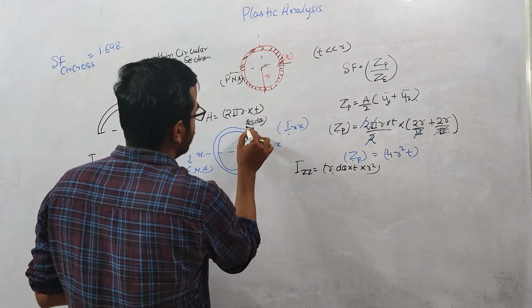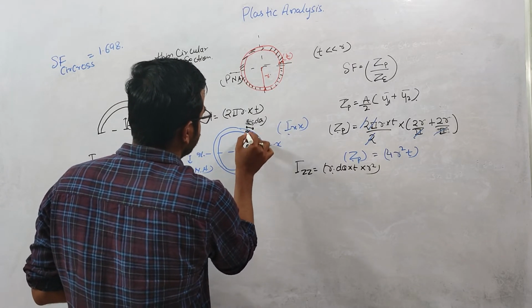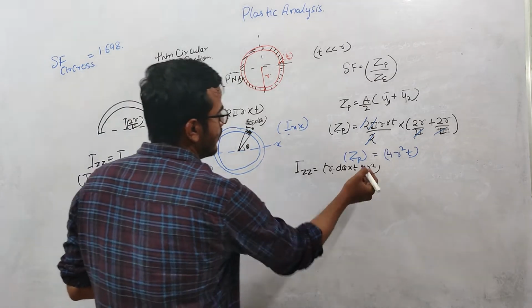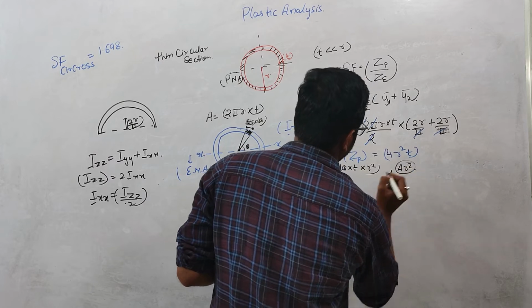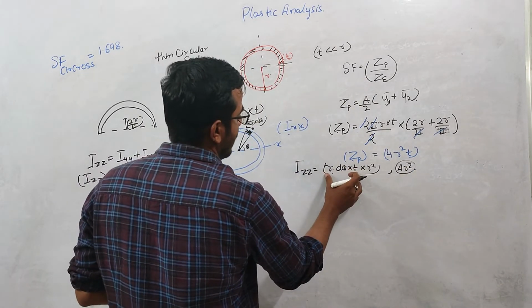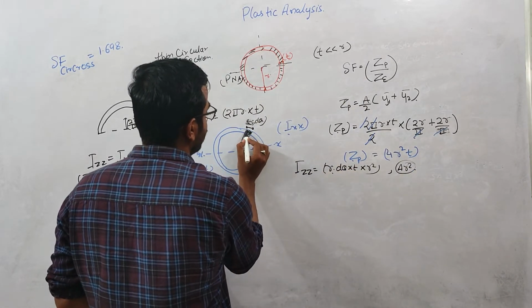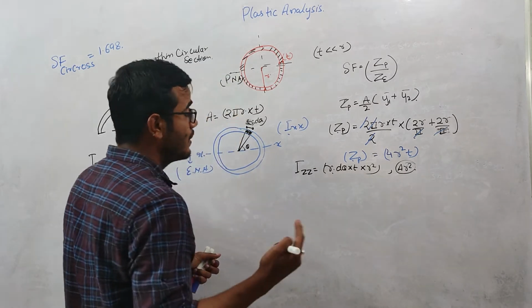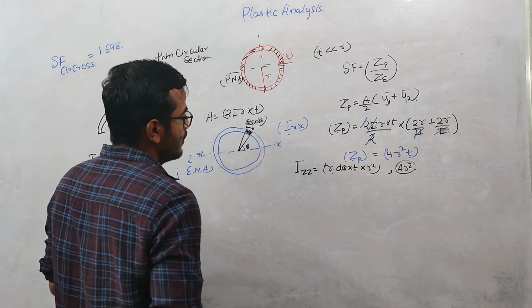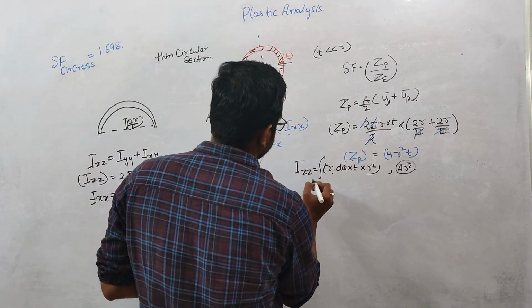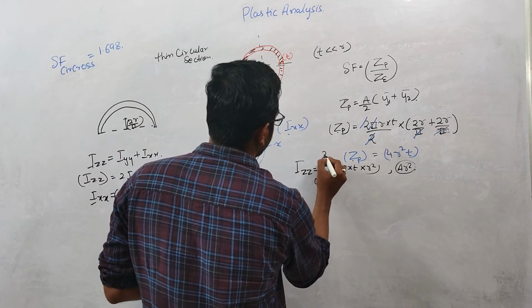So it will be area of this element into this distance, which is basically r square, right? This relation I'm using, A r square. So A is basically r d theta into t, the area of this element, into r square will give me the second moment of area of this element about this axis, right? So if you integrate this thing from 0 to 2 pi,